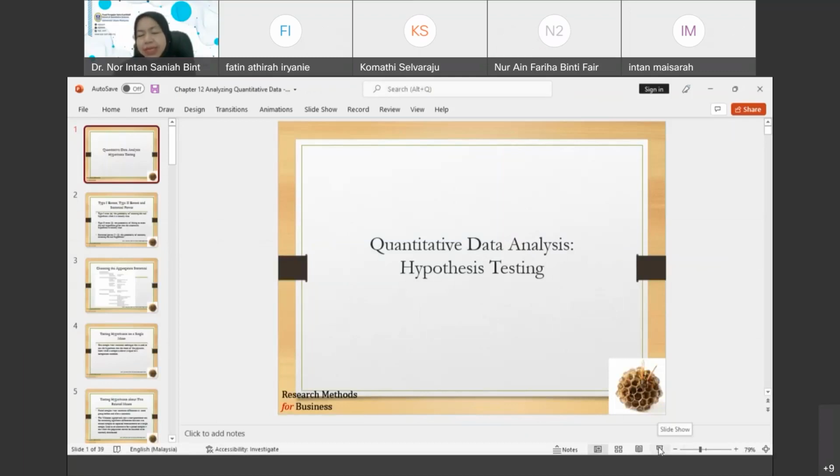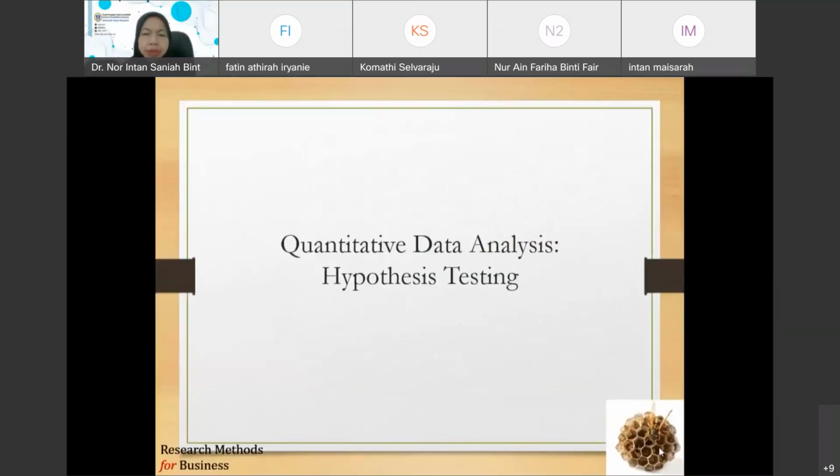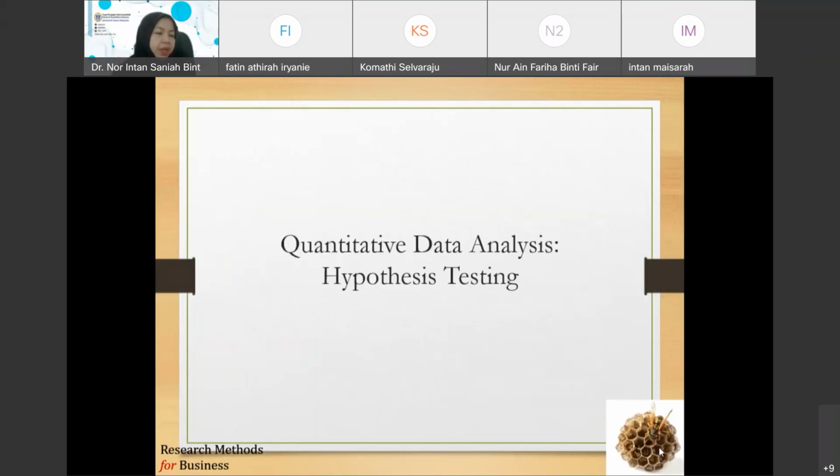All right, so as I did promise to you all, today we go to hypothesis testing. It is more of a revision, refreshing what you have learned from some subjects before this. These slides are from Sekaran's book. So when we talk